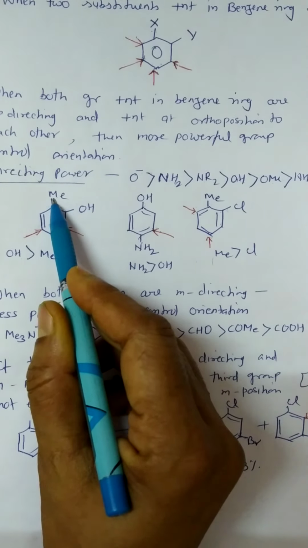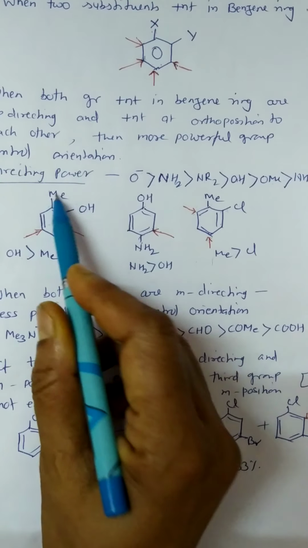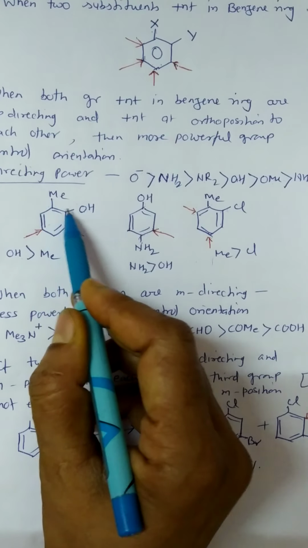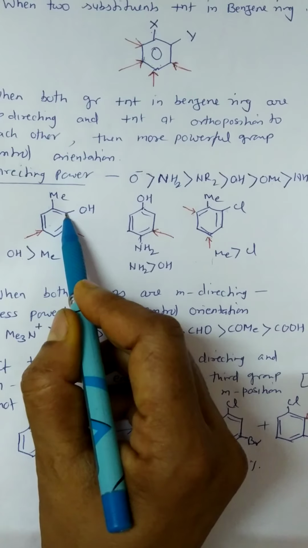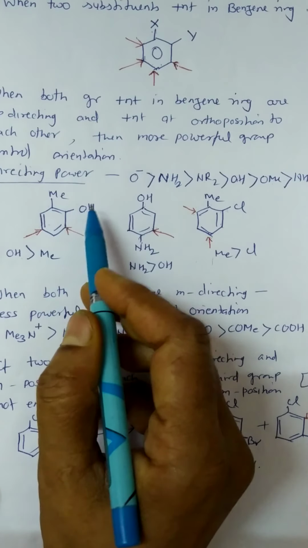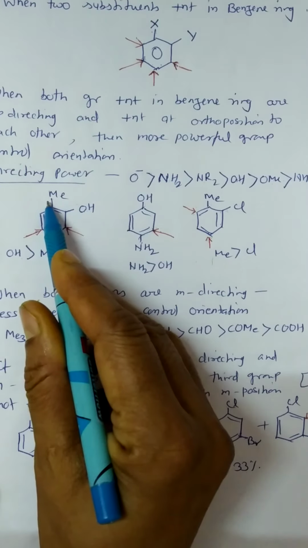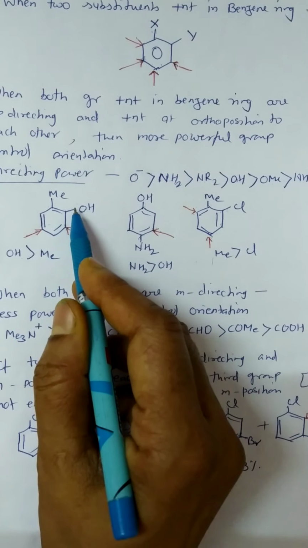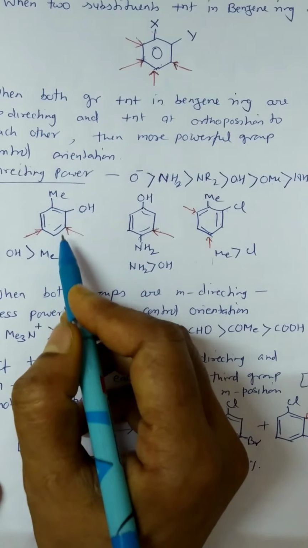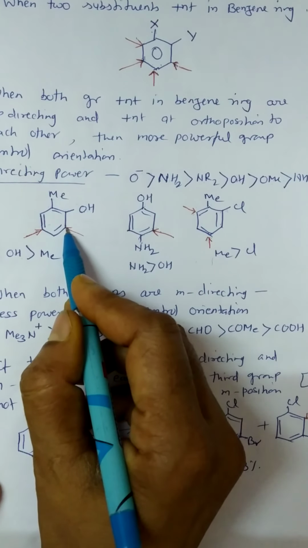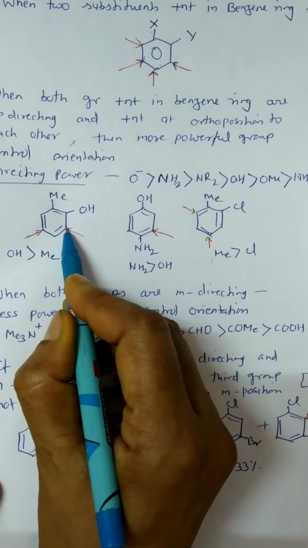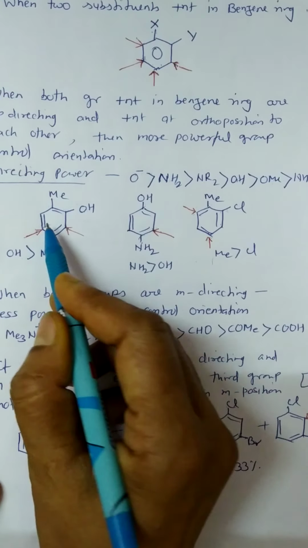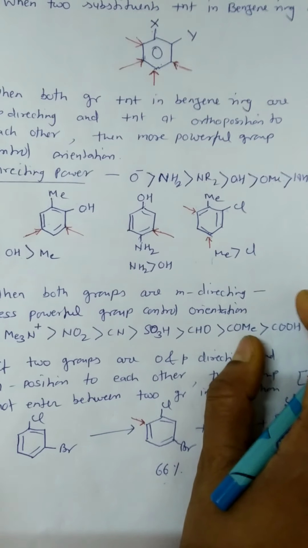Here methyl group and OH group are both ortho-para directing and present at ortho position to each other. Here the OH group is more powerful than the methyl group, therefore the orientation is controlled by the OH group, and therefore the new electrophile attacks at this position or this position. In the second example,